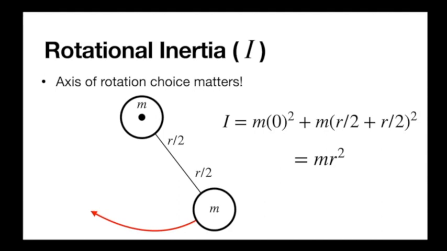The most complex it might get is either, again, just something like this with a few extra objects. You might have to do a little trig, or we just give you an object like a disk or a sphere and tell you what the value is. You can calculate that with calculus, but we don't need to do that in this class. We just need to understand that objects have rotational inertia. The further away the mass is from the axis of rotation, the larger that rotational inertia, and how to calculate